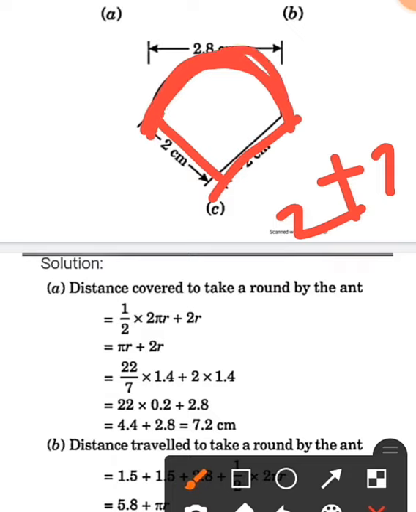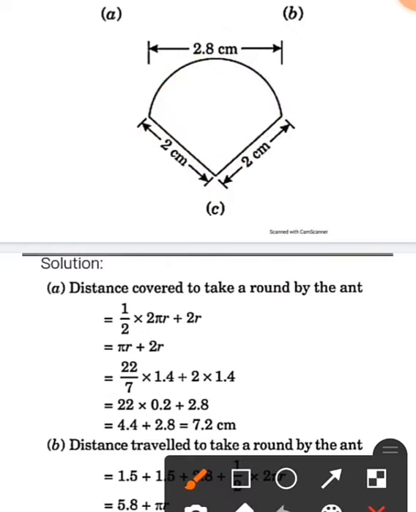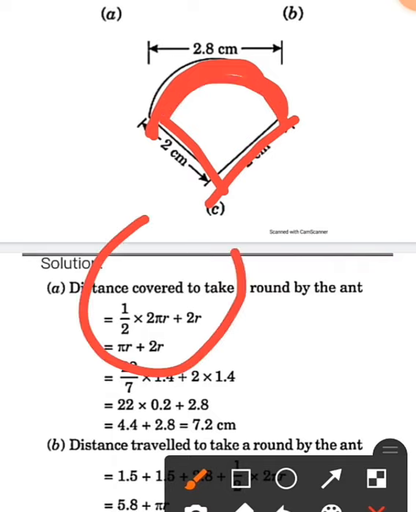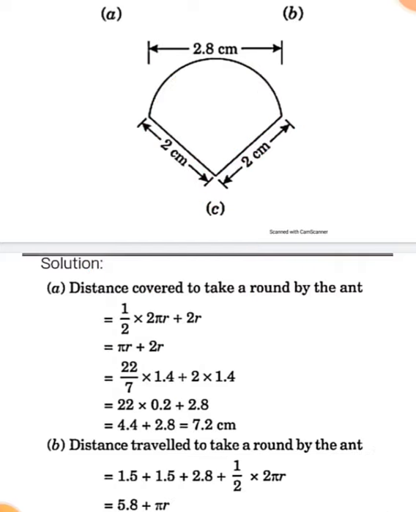Actually it is a half circle, so again we have to take half 2 pi r for this much part, and first you have to calculate the radius. What is given to you is the diameter. Okay, so for the third shape, the ant will walk like this, means 2 centimeter, then like this means again 2 centimeter. Okay, plus this part. Now this part is circular so it will not be found directly, so we have to apply the formula for circumference of a circle, but it is not a complete circle, it is a half part, only this much part, so we have to take half into the formula of circumference.